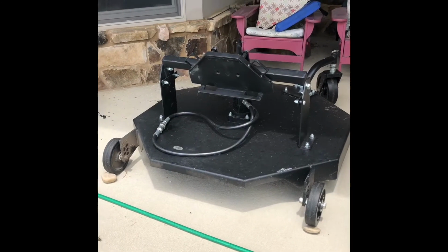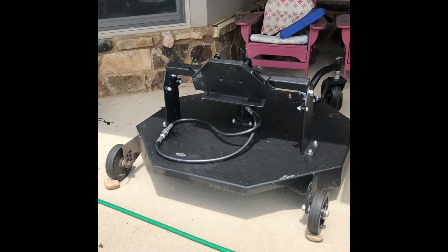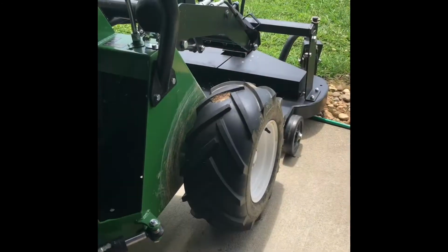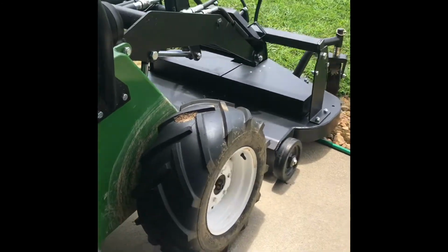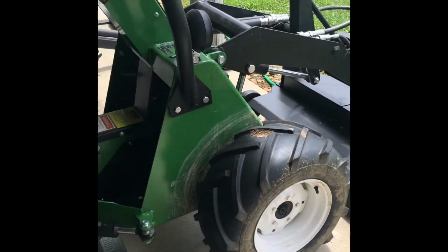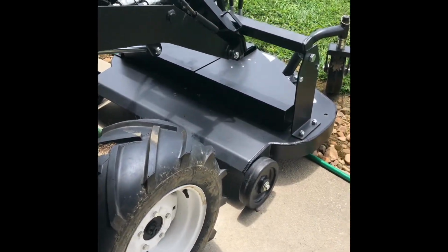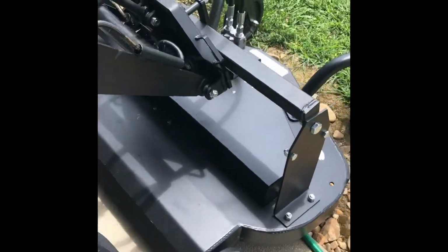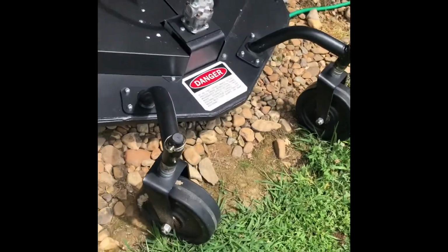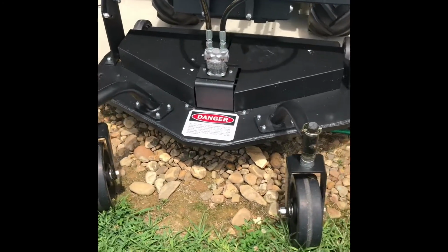I'll post some videos after this of going through some pretty tall brush, nasty weeds, and a thicket of thorns and briars. In researching vehicles and equipment that I could use around the pond, I really wanted a mower that mounted on the front of a machine, and there are several other products that do this. Trac in particular, good for hills. Husqvarna has a couple models of articulating mowers. Right now they've discontinued them temporarily for some reason, and also John Deere and Kubota have their versions of the front mounted mowers,